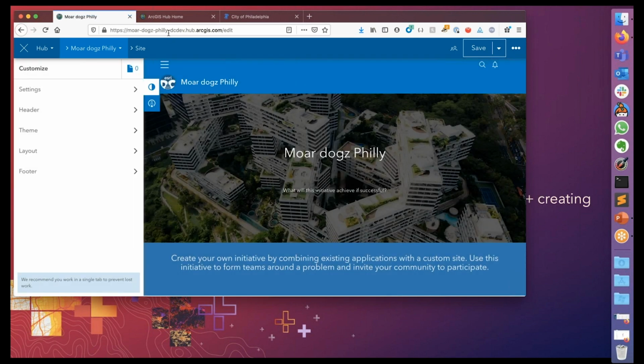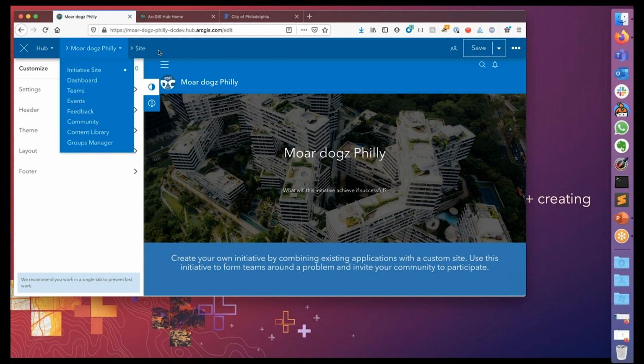So one, our URL has taken the name that I've created. It's attached to the org name. If I wanted to create a custom domain, I can do that, and I'll show you where to do that in a second. But two things to point out: we've got our site navigation, and what this is it'll handle